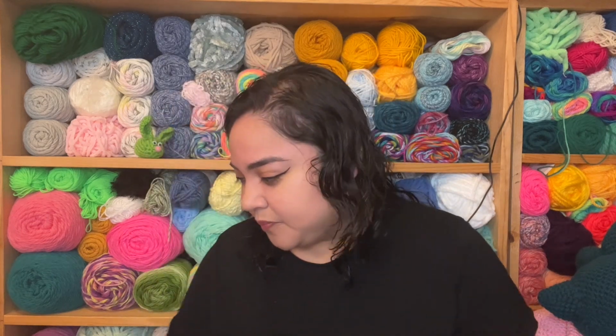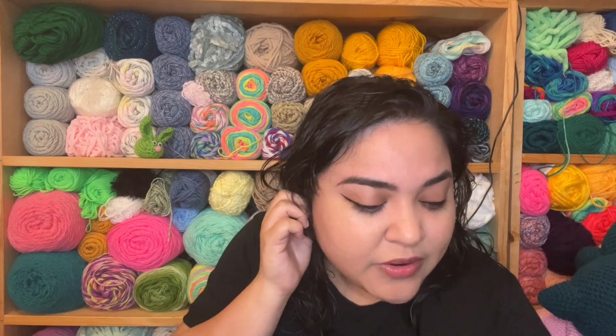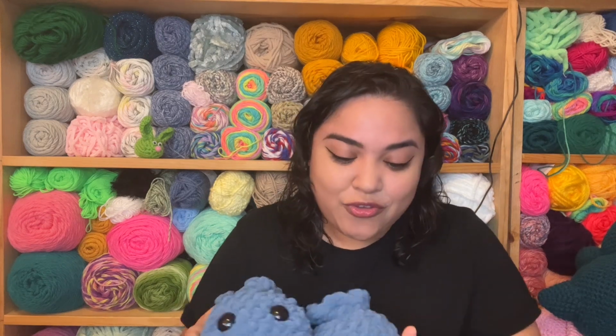Okay, so now we'll probably move a little bit faster with the amigurumis that are left. I'm super passionate about that Bluey pattern and I wanted to show it to you guys. So after making that Bluey, I had a few scraps, which one of them did end up going towards this kitty, but I had some scraps of blue yarn and it wasn't very much of 3 different skein colors. So I decided, you know what, I'm just going to try to use it up and see what happens. So I made 2 blueberries,